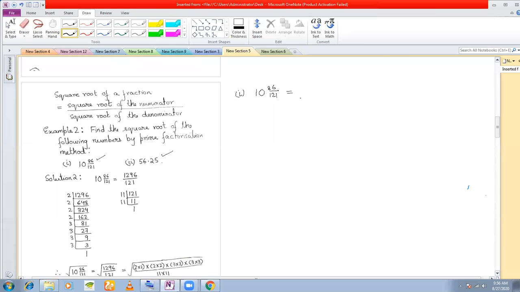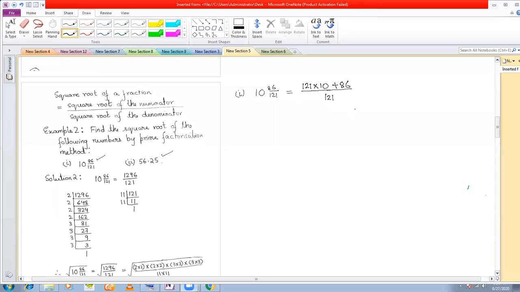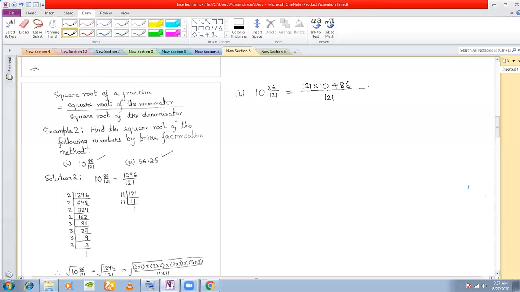Okay, we convert this to a fraction first. You know how to convert this mixed fraction to a fraction? You multiply 121 with 10 and you divide this by 121. 121 into 10 plus 86, and you divide this by 121. That is how you convert a mixed fraction to an improper fraction, and this is equal to